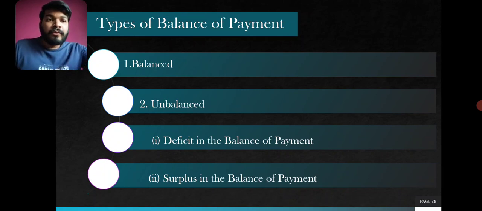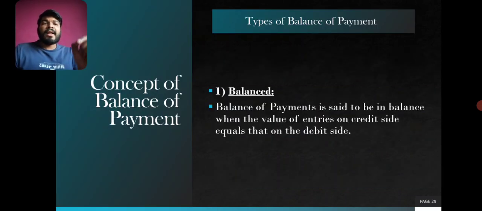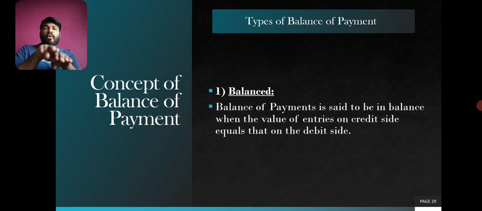Now after this, let's learn the meaning of balanced. Balance of payment is said to be balanced when both the import as well as export are at an equal level. Suppose we have done 100 billion of export and 100 billion of import, so together it has zero balance, no payment is taken. That is balance of payment.